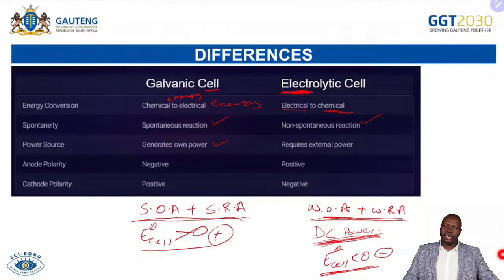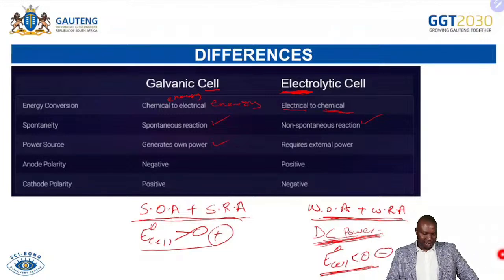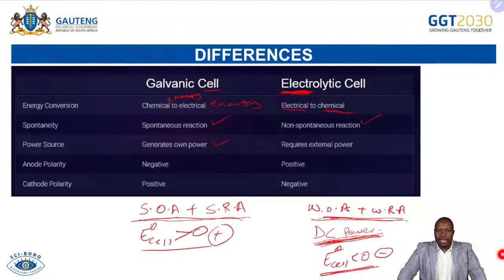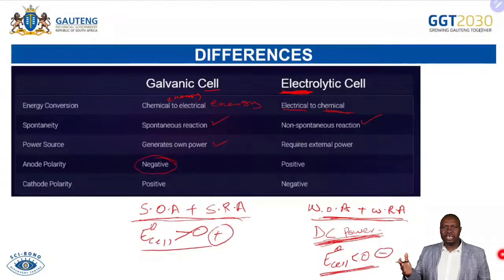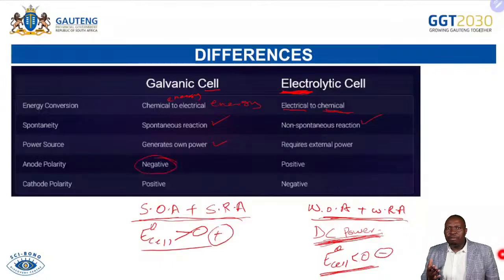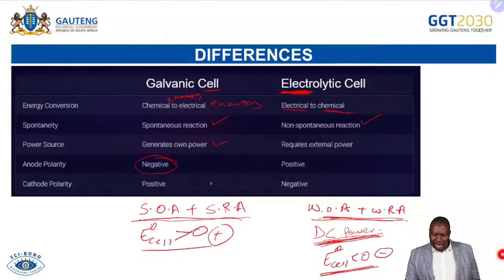And then when you get a positive answer, it is spontaneous. When you get a negative answer, it is non-spontaneous. And we are saying now, the anode, what is the polarity of the anode? Remember, under normal circumstances, under a galvanic cell, the anode is negative. Remember, electrons are negative, and electrons must come from the negative one, which is the anode. Hence, we are saying under a galvanic cell, which is a spontaneous process, the negative is the anode, the positive is